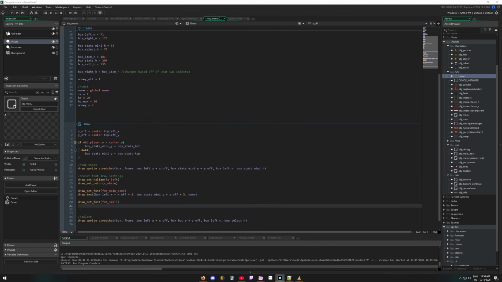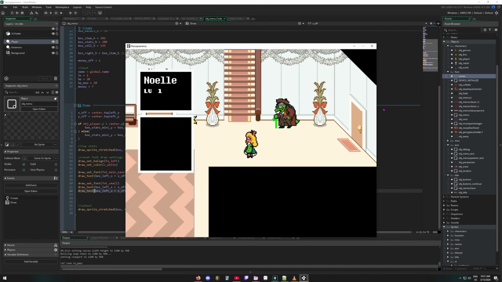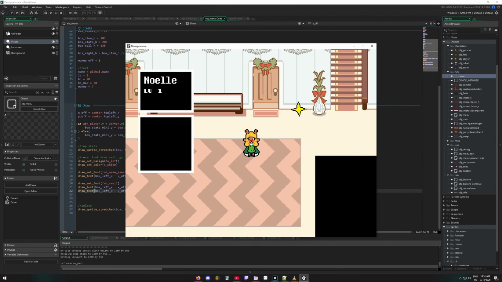Then let's copy and paste that draw text code and change 5 to 22 and name to the string LV. Now copy that line and change 8 to 26 and the string to the variable LV. Now let's run that and see how it is. Okay,